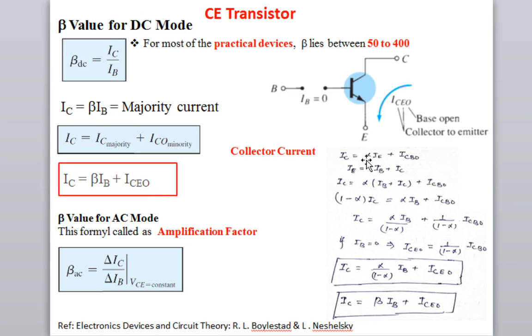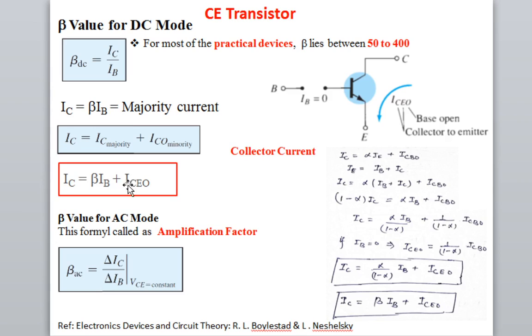If you look at the detailed mathematical derivation for collector current, for the case of a common base transistor I did this: IC is equal to alpha IE plus ICBO, and we know that IE is equal to IB plus IC. So we can derive it. IC is equal to alpha, and in place of IE we can write IB plus IC, plus ICBO. If we solve for IC, there is one IC on the left and alpha into IC on the right. Taking alpha IC to this side, (1 minus alpha) into IC is equal to alpha IB plus ICBO, or IC is equal to alpha upon (1 minus alpha) into IB plus 1 upon (1 minus alpha) ICBO.